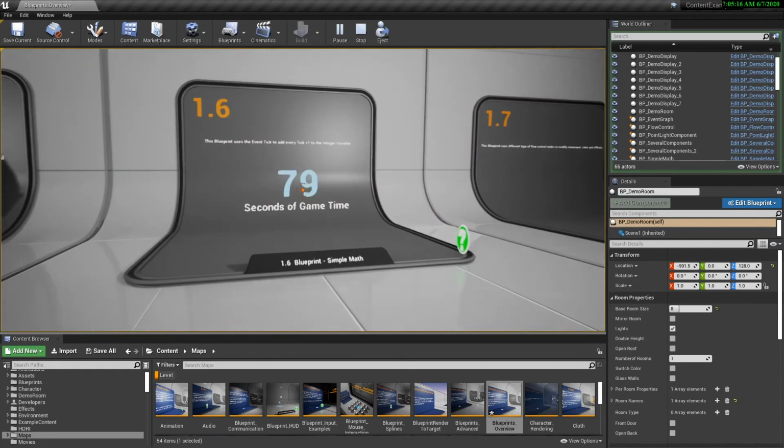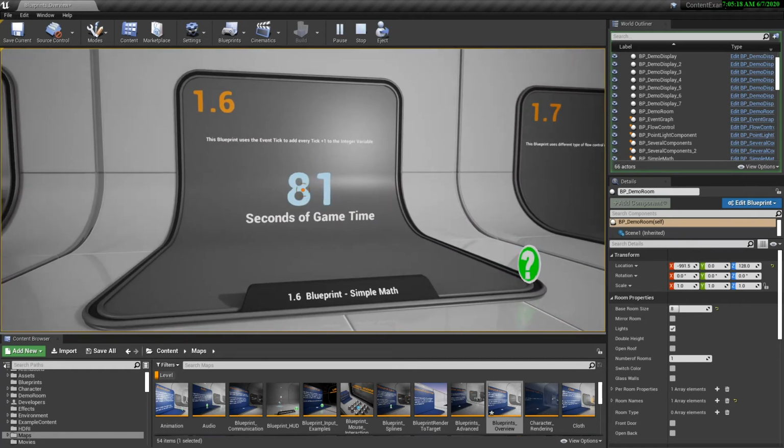All right, we've got some simple math, and we are going to talk about the math level a little bit later in this chapter. There's so many great potential solutions that can be solved with math using blueprints. And not only is this doing simple math, but it's using an event called tick, which is continuously evaluating inside of Unreal. And we're going to be using ticks as we go along.